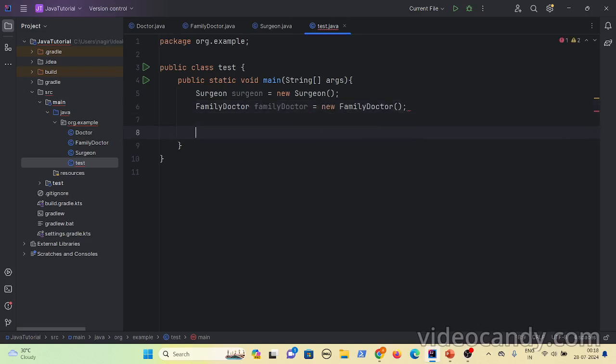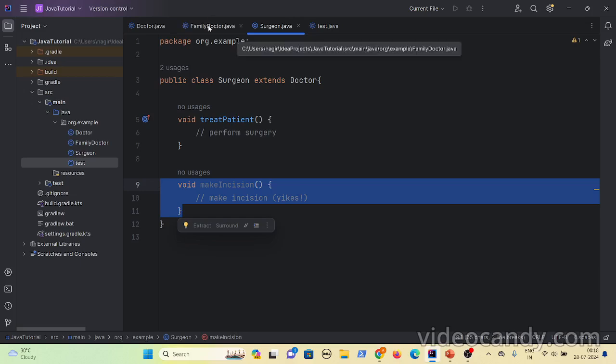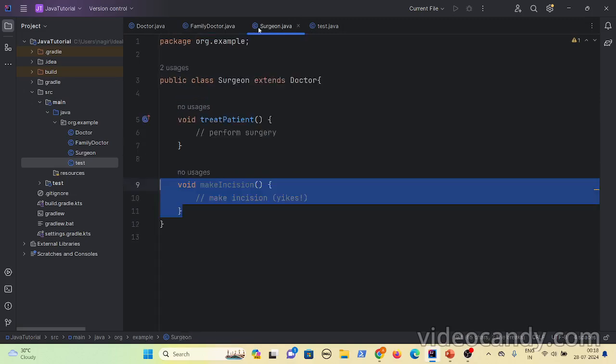Now let's see. If you look at surgeon, it has one method, make incision, right? But that is not present here. And give advice method is also not present in surgeon. Let's try that.